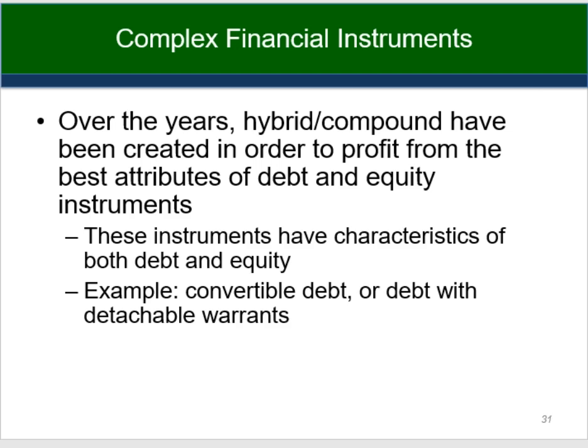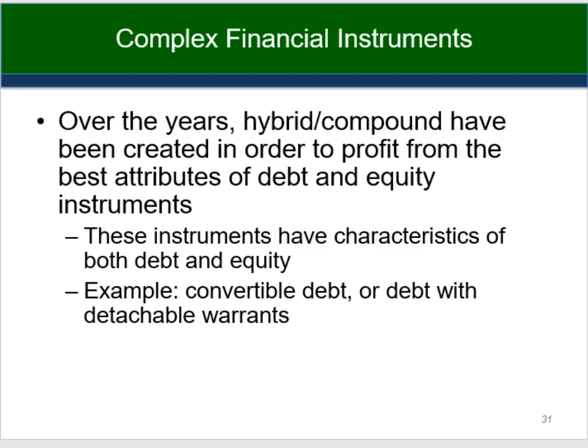Okay, so now we move on to hybrid or compound financial instruments. Compound financial instruments have attributes of both equity and debt. So they're referred to as hybrid or compound instruments because they have two different attributes, both equity and debt, in the same instrument. With these instruments, the main accounting complexity lies in determining how to classify them on the balance sheet. Users rely on the classification between debt and equity to assess the company's liquidity and solvency, so the classification issue is a significant one.